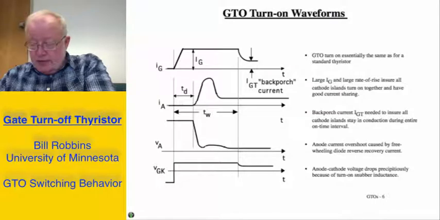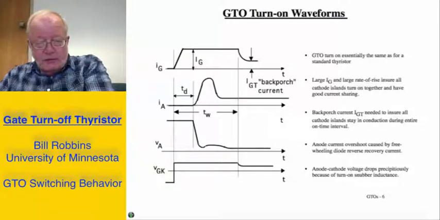As a result of this positive gate current, the anode current initially doesn't turn on. There's a turn-on delay time before the anode current begins to rise, and that's the amount of time it takes in our two-transistor model for enough charge to be inserted into the bases of the transistors to push them into the active region, where then the self-latching feature of the GTO structure comes into play. When that happens, then the current rises very rapidly,